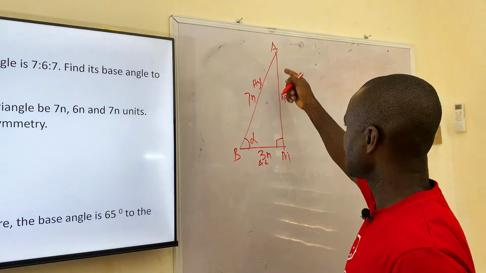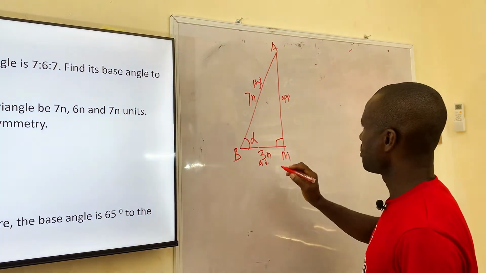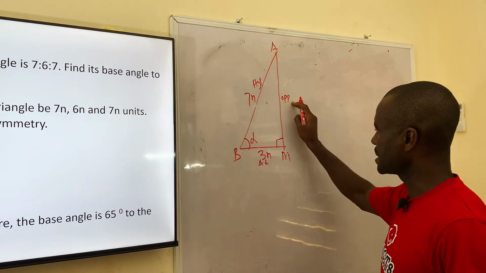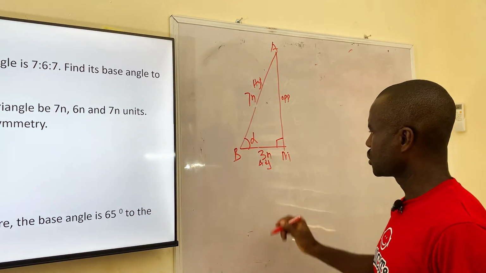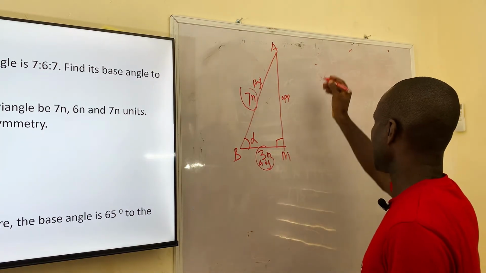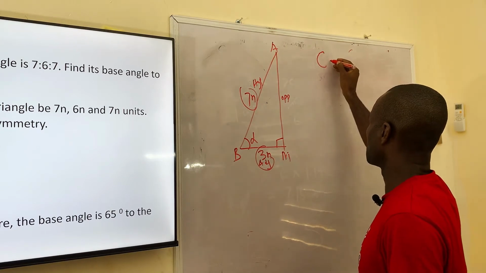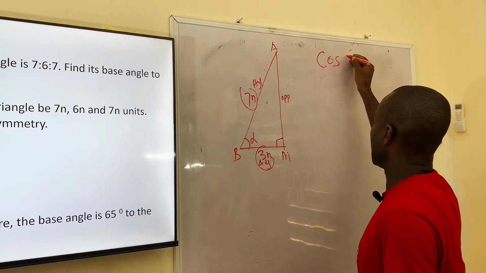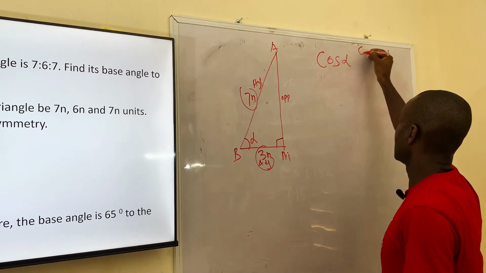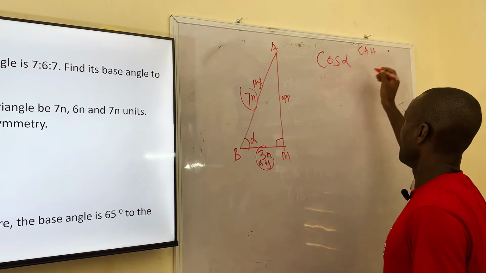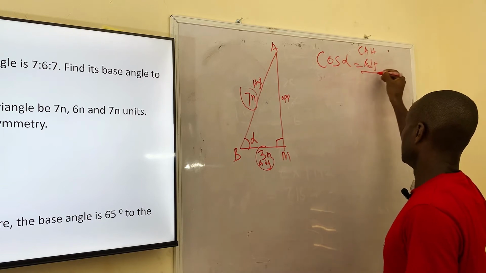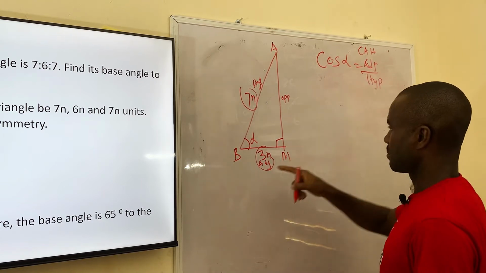So the right angle triangle has been brought here. So meaning we have the longest side, which is the hypotenuse, and the opposite and the adjacent. So given the adjacent and the hypotenuse, we are using the cosine rule, so cos alpha, the angle given to us is alpha, which is CAH, meaning adjacent over hypotenuse. Adjacent over hypotenuse, where's adjacent? 3